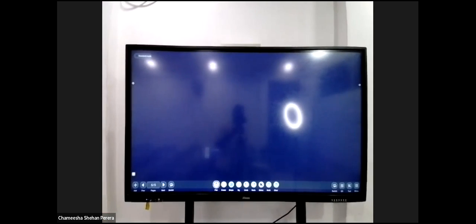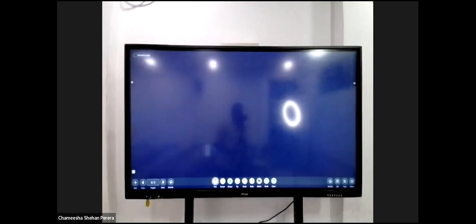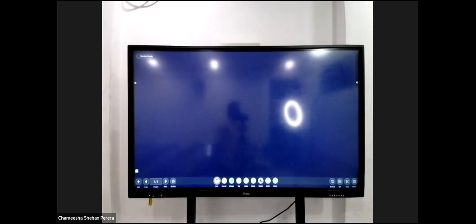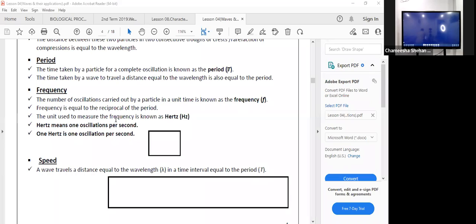Right. Then, like this. Okay. So then we have to talk about frequency. ඒගොල්ලන් frequency ගැන කියනවා මෙන්න මෙහෙම කතන්දරයක්, right? The number of oscillations carried out by a particle in a unit time is known as the frequency. So ඒ කියන්නේ මේ